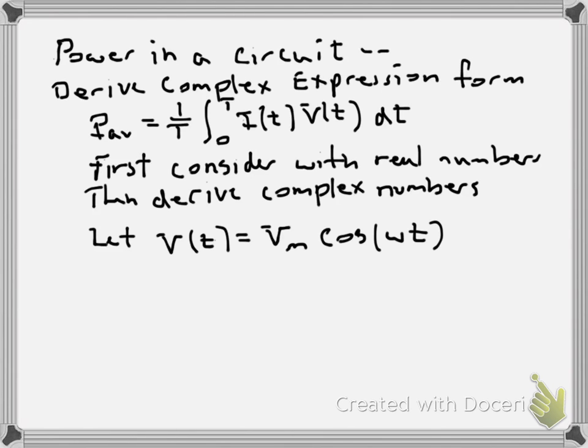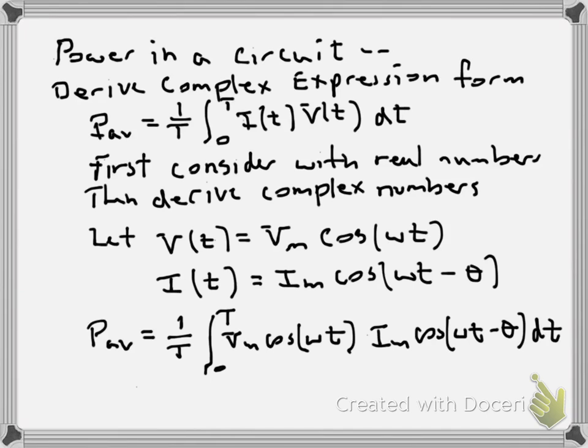Okay, so to begin, we let the voltage be equal to some maximum voltage times cosine omega t, and we let the current be equal to some maximum current times cosine omega t minus theta. This allows the phase of the current to be different from the phase of the voltage, and that's the whole point of this exercise. So if we plug in these expressions for V and I, we get that the average